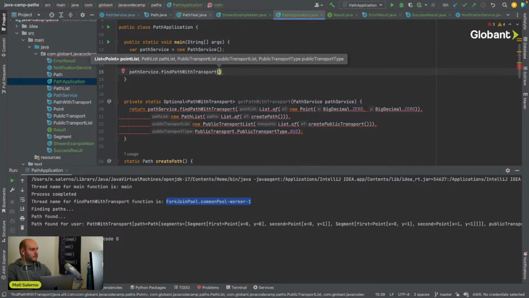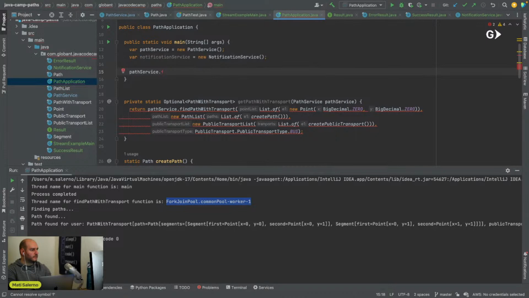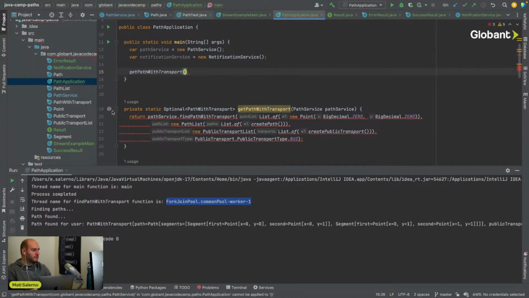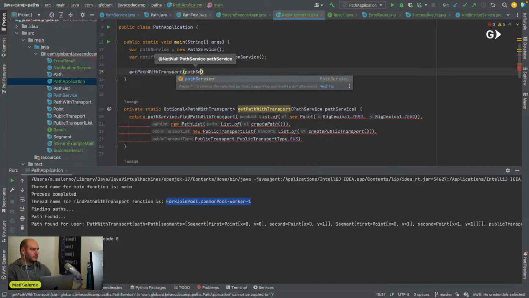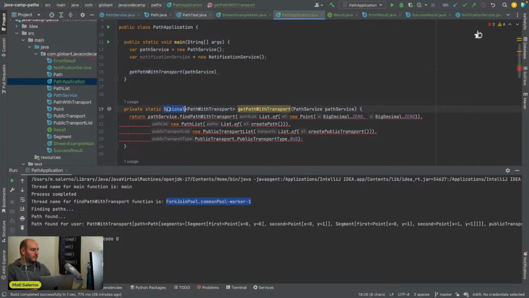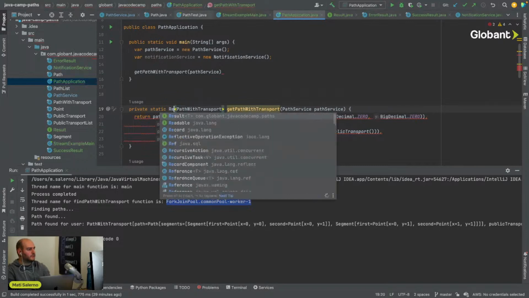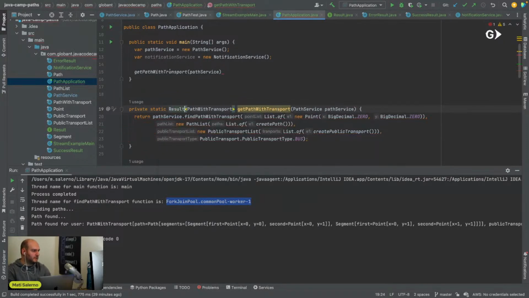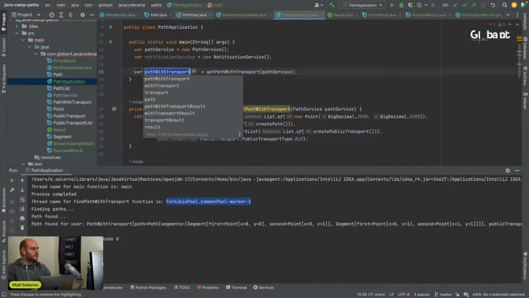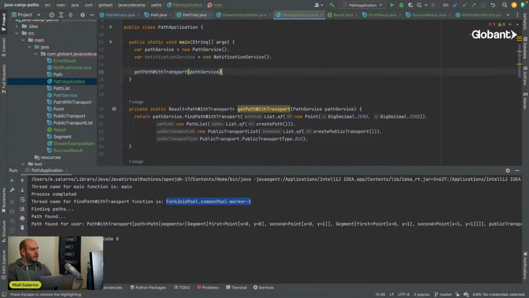And I'm going to, oh no, I'm going to say get path with transport. I had that helper function there. And I'm going to change this to result because now I have changed this. And now I have the